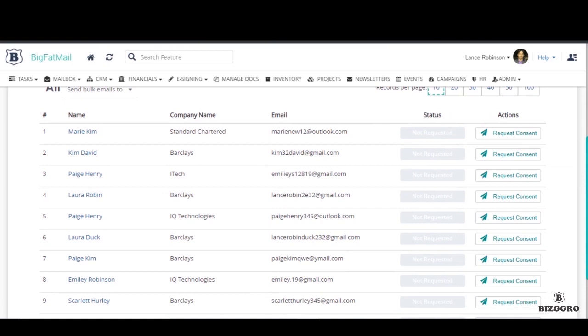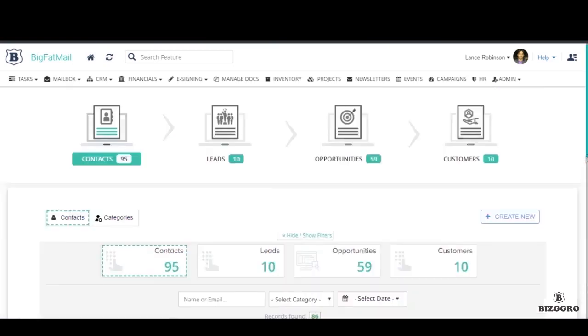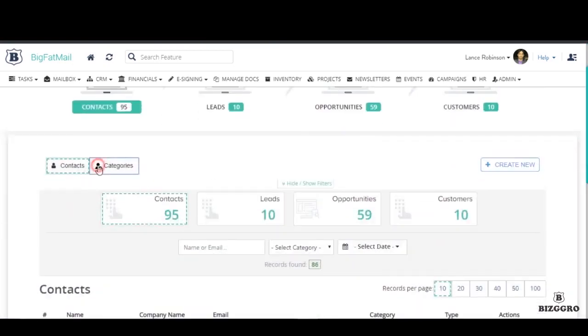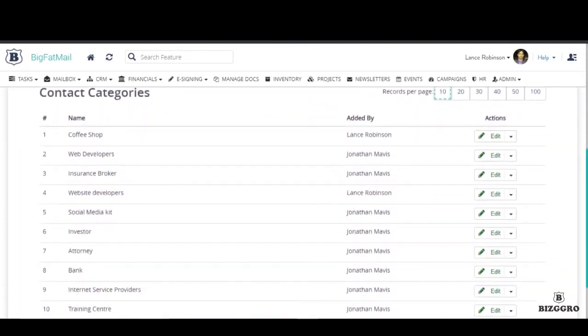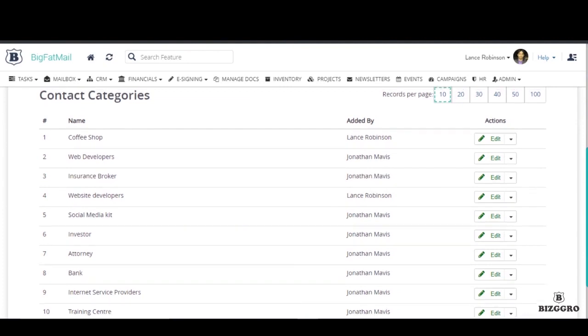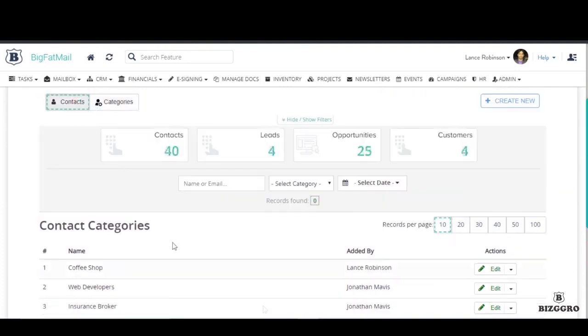Now back to your Contacts tab. You can group your contacts by categories as well. The listing is arbitrary and up to you, so you get to decide what to group them under. I'm going to open up the details for one of my contacts now, so you can see all the containing